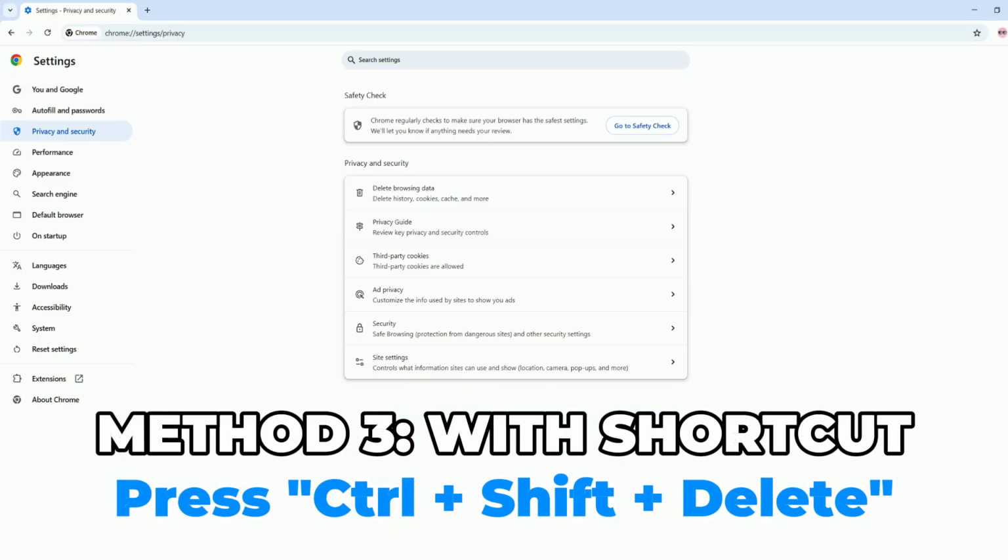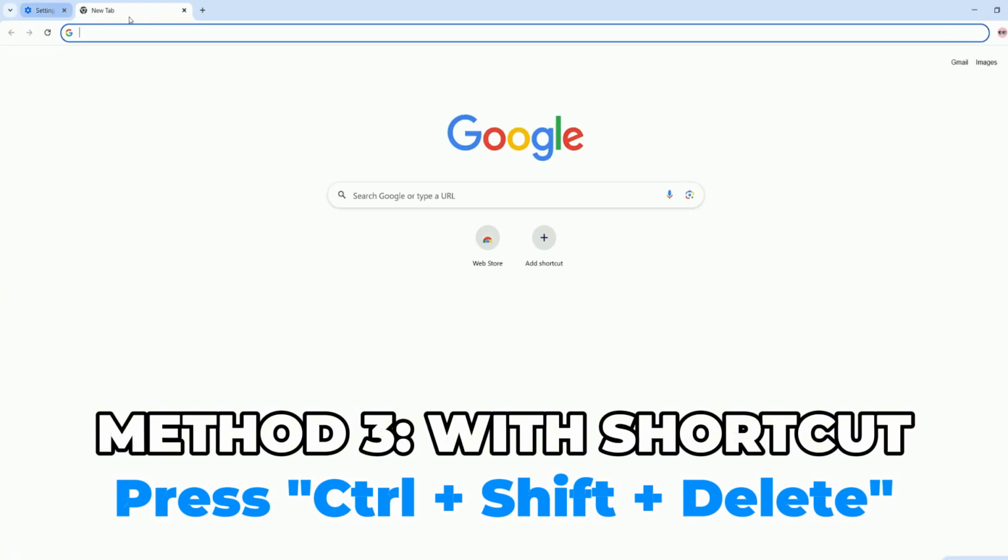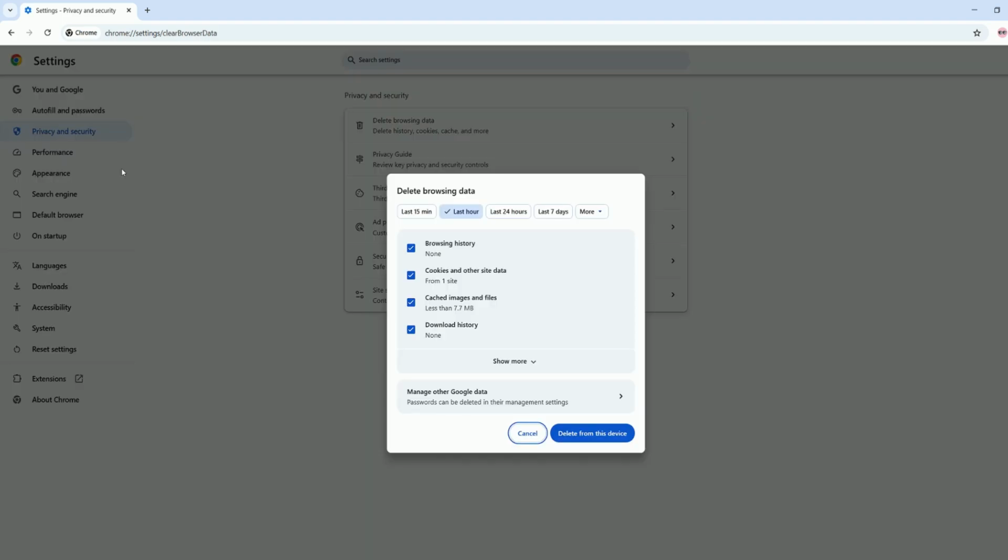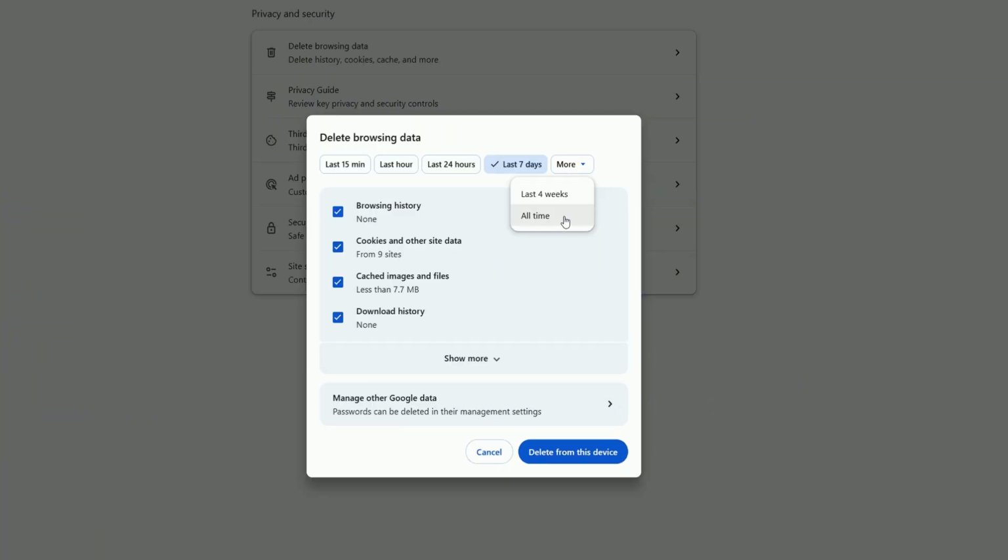You can also open this menu instantly by pressing Ctrl, Shift, and Delete on your keyboard at the same time. Once the window opens, you'll see a time range selector. You can choose to delete browsing data from the last hour, last 24 hours, last 7 days, last 4 weeks,